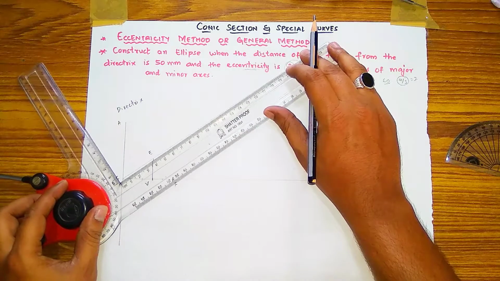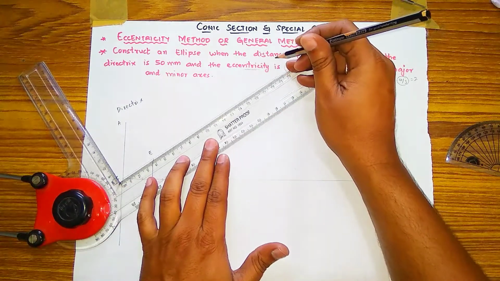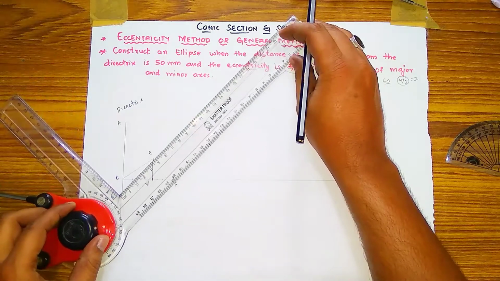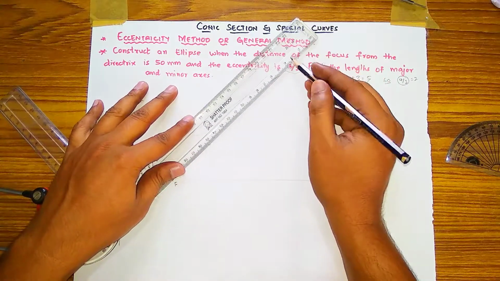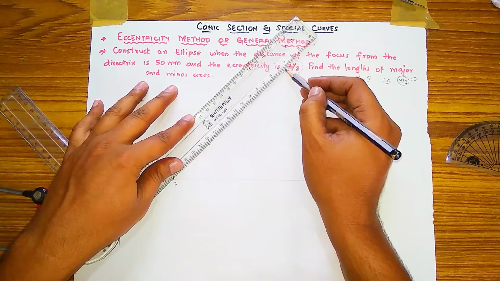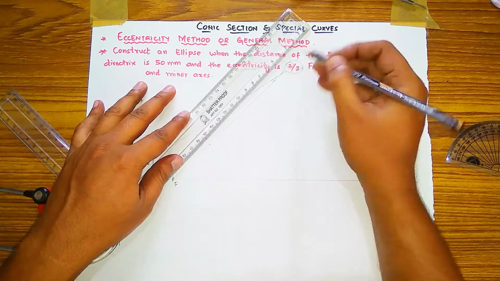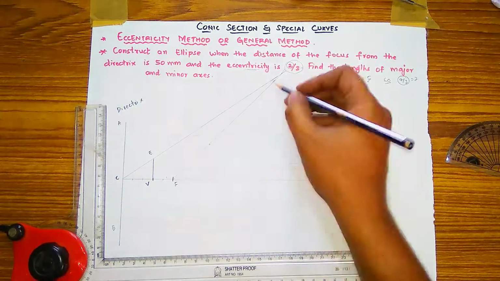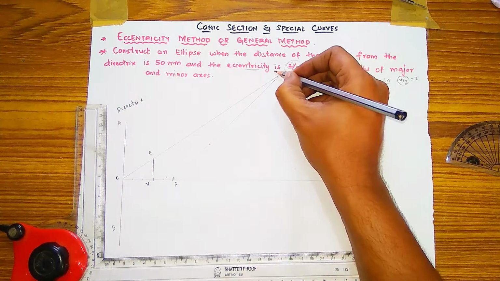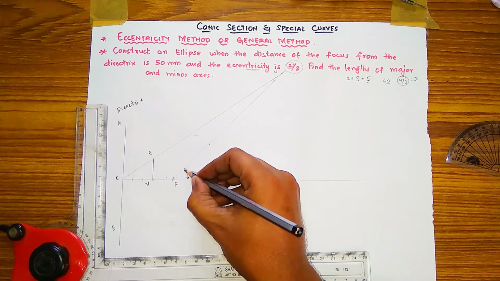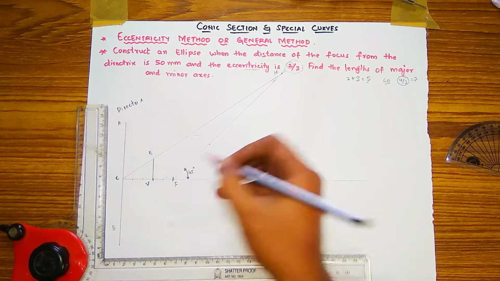I have to extend this line also, because these two lines will be meeting one another. Like this it will extend. This point where these two lines are meeting, here we have to label it as H. And this angle, how much did you take? 45 degrees. You have to show this 45 degrees also.